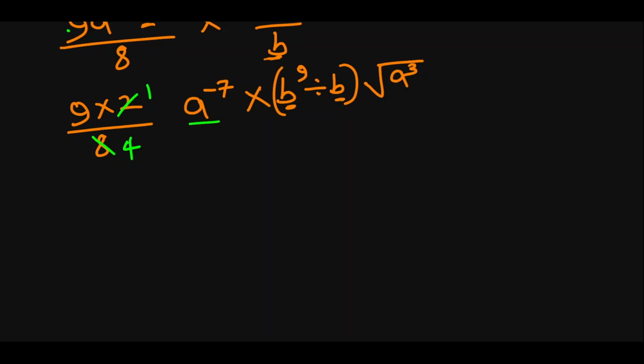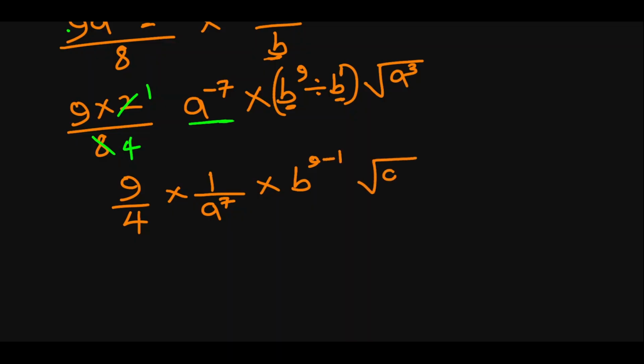We also want to move this a to the power of minus 7 below, since the question wants us to keep only positive indices. So to do that, we just have to move the a to the power of minus 7 below. So that will now give us 9 over 4 times 1 over a to the power of 7 times b to the power of 9 minus 1, that is this one here, then root a to the power